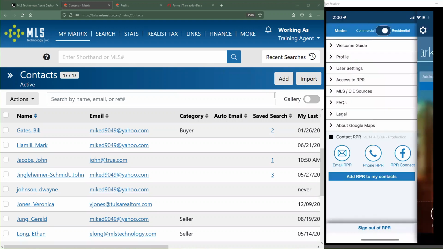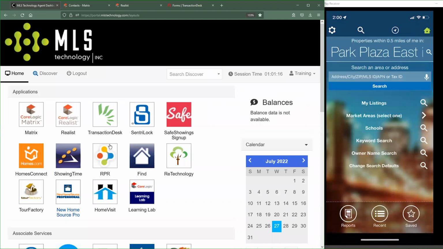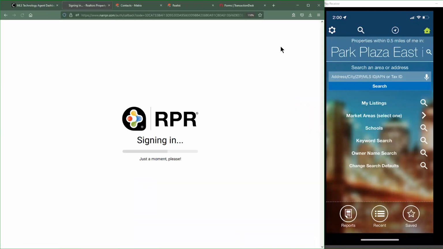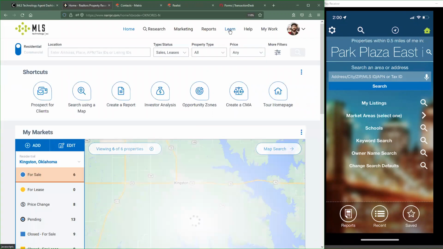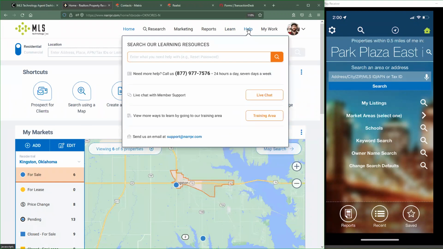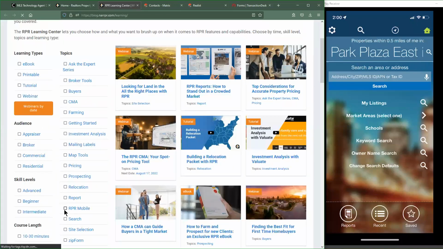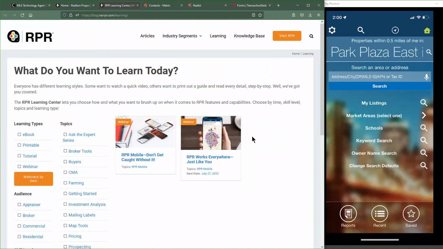So if you guys are ever interested in learning more about it, there's a whole bunch of different ways to do it. I would strongly suggest just going straight to their website where they have a learn button up at the top of the screen. There's a learn button here. And if you guys want to watch video tutorials, webinars, etc., under the help section, it's a training area, and they have a whole webinar. I think they've actually got two webinars. Yeah, 2 different webinars on using the mobile app.